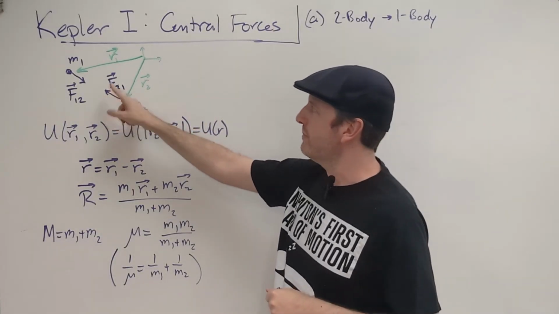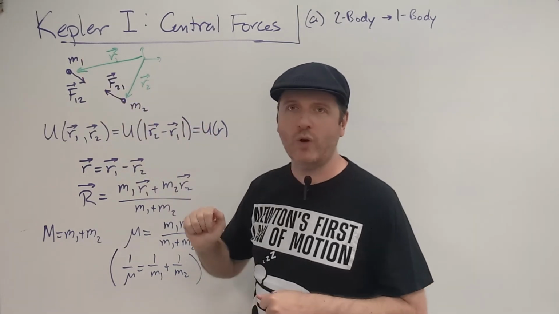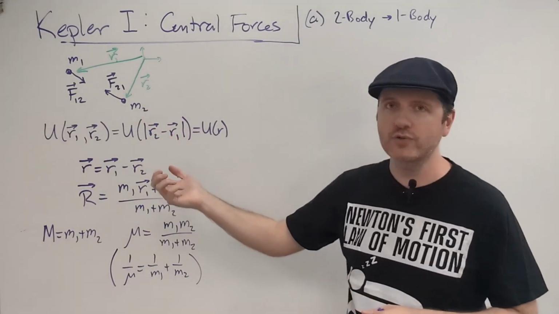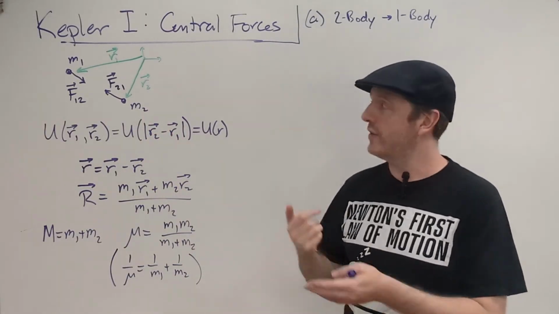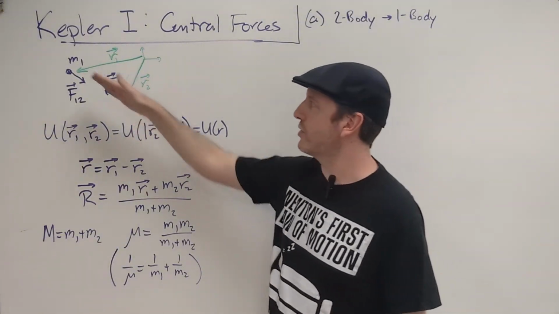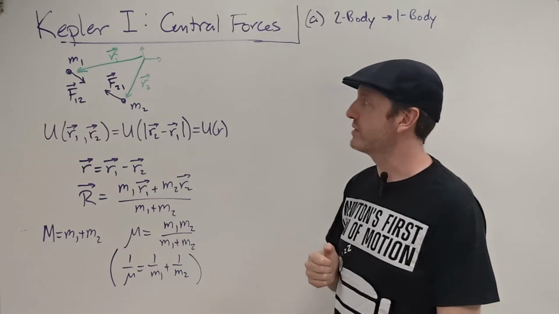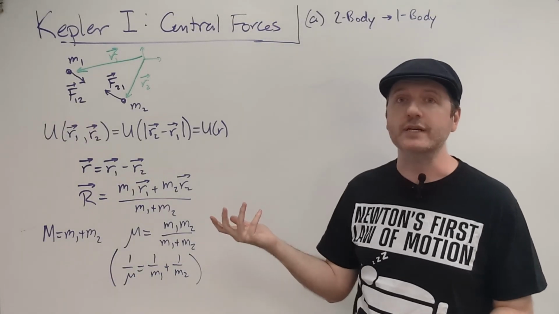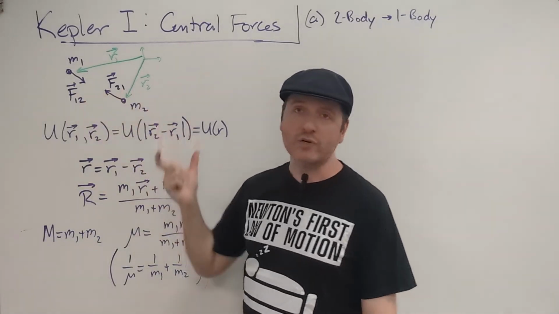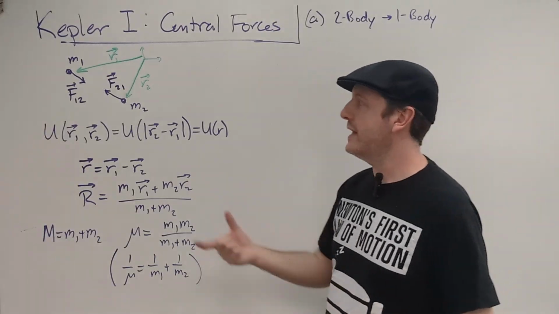So in the drawing here, this F21 is the force on object 2 due to object 1, and this F12 is the force on object 1 due to object 2. By Newton's third law, these should be opposite vectors, but the important thing here is that they're along the line connecting these. And that's not true for all forces. For example, magnetic forces don't actually do this. But if this is true, and these are conservative forces, which means they're derivable from a potential energy, then the